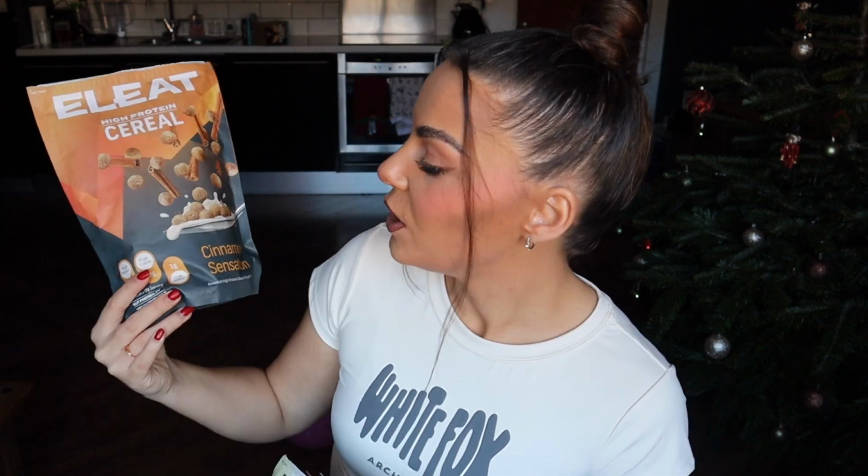which sounds really expensive for cereal, but you've got to remember this is premium cereal in terms of protein, and I feel like they're an up and coming business, and you get so many different flavors to try out. So all in all, it's not too bad a deal, because these are going to last me absolutely ages. I've got cinnamon sensation, chocolate caramel, vanilla thriller,